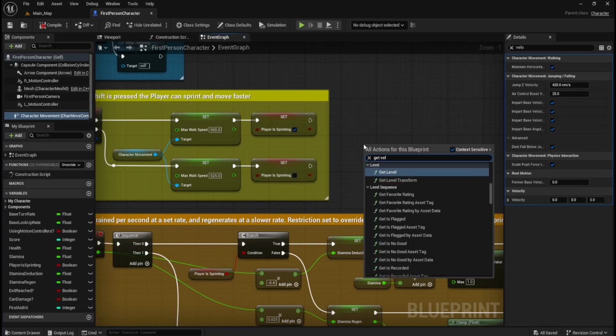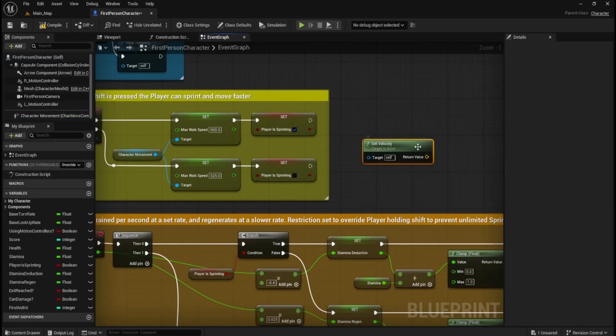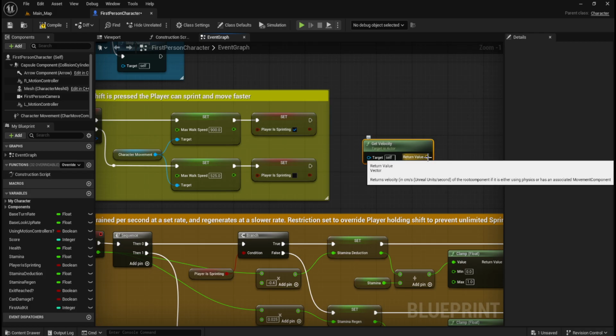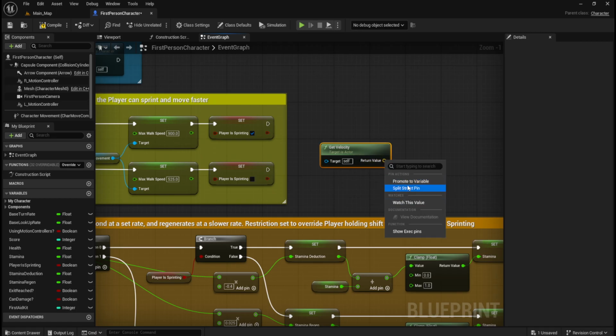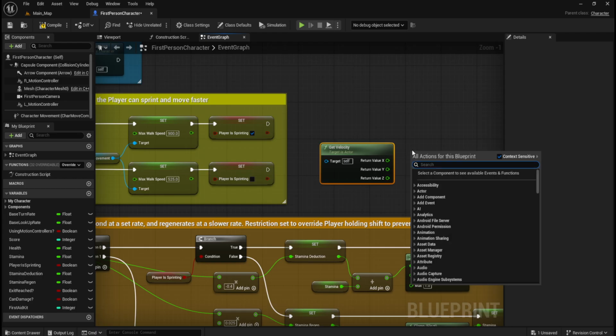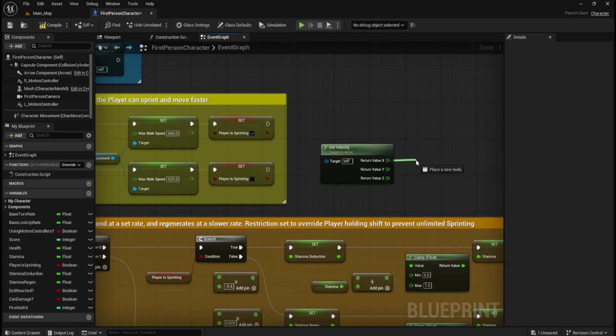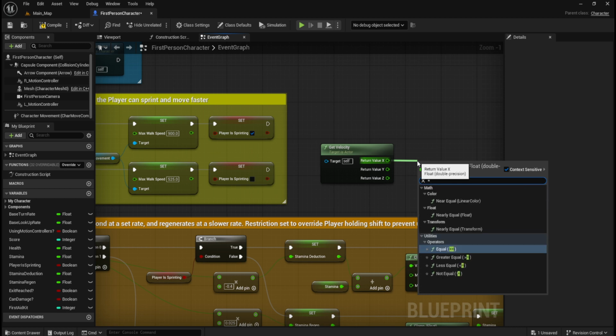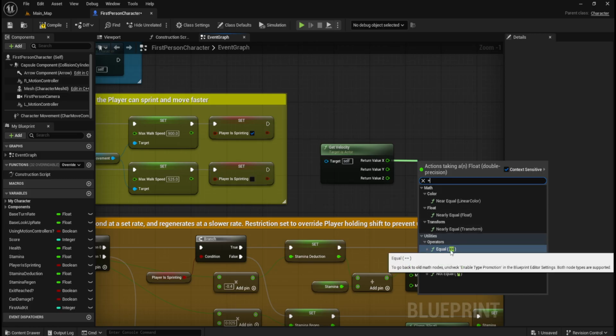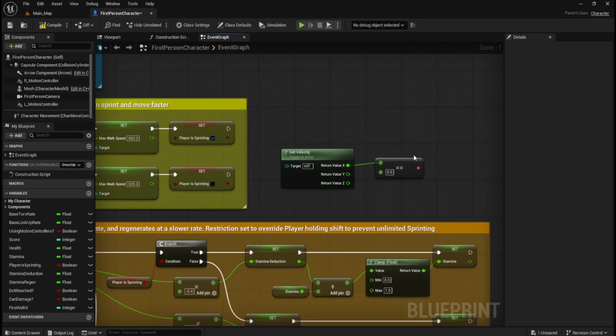So if we do a get velocity, if you just did that,